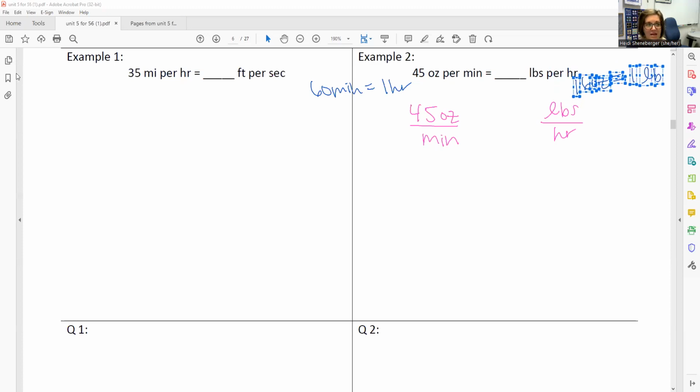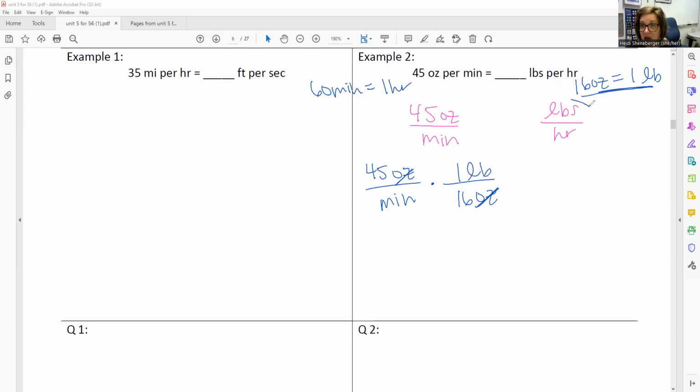Okay. So again, I'm going to start kind of going through and changing 1 unit at a time. So I'm going to start with the ounces. I don't know why. I just decided. And so up here, I'm going to use this one, right? So 16 ounces equals 1 pound. And again, this is on the top. So I want the other ounces to be on the bottom so I can cross cancel them away. And then 1 pound is there. And over here, I want to have pounds on the top. So I know that I'm done. Woohoo! Done with that one.